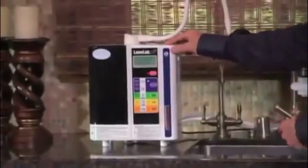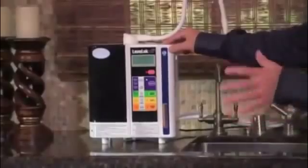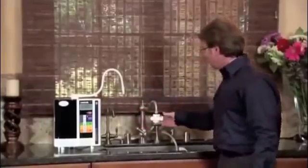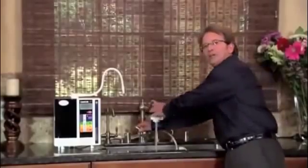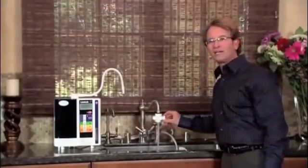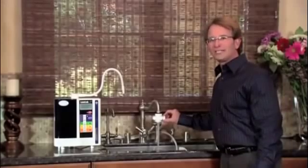So now I'm going to show you the technology that makes the different waters that we showed you in the demonstration. And this is what's called the SD501, the Leveluck SD501. It's the top of the line unit that we have, and it's the gold standard in our industry. So with the touch of a button, I'll show you what we do. We simply hook this up to the sink right here. As you can see, the ordinary tap water coming out of here. And by diverting the water into the machine,